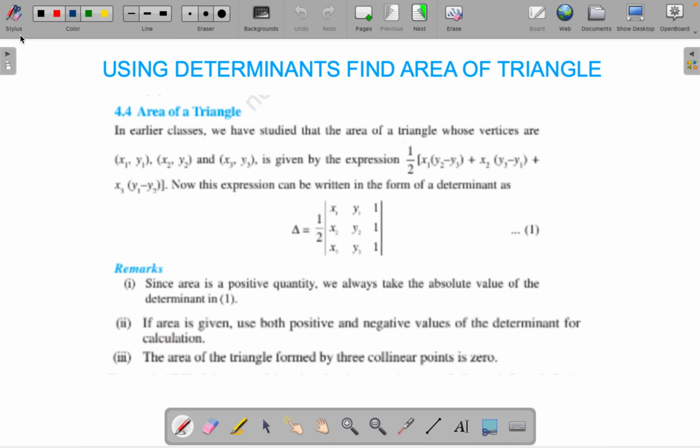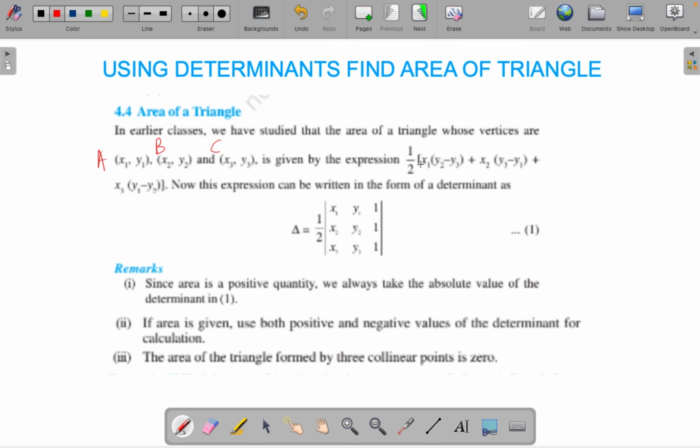Determinants. In today's video, we will learn how to find the area of a triangle using the determinant method. Let's first discuss the formula from class 10th, which we learned: if the vertices of a triangle are given by A (x1, y1), B (x2, y2) and C (x3, y3), then we used to take an expression that area